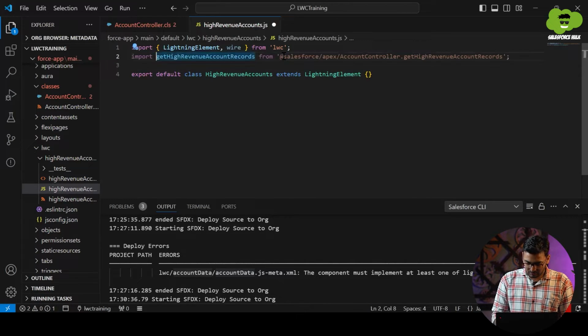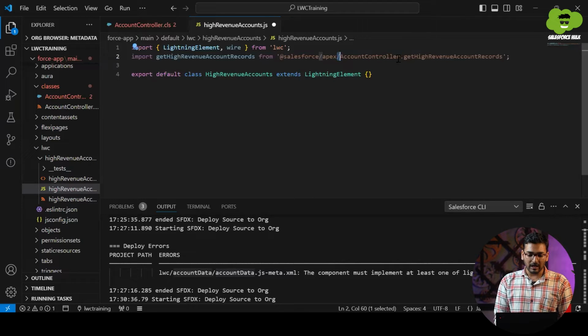So here I have written import. Then here you can mention any short name or any meaningful name for the method which you are importing, and then the from keyword. And just after that you have to specify the @Salesforce/Apex module. And within that, as we have AccountController, we have to specify that after the slash.